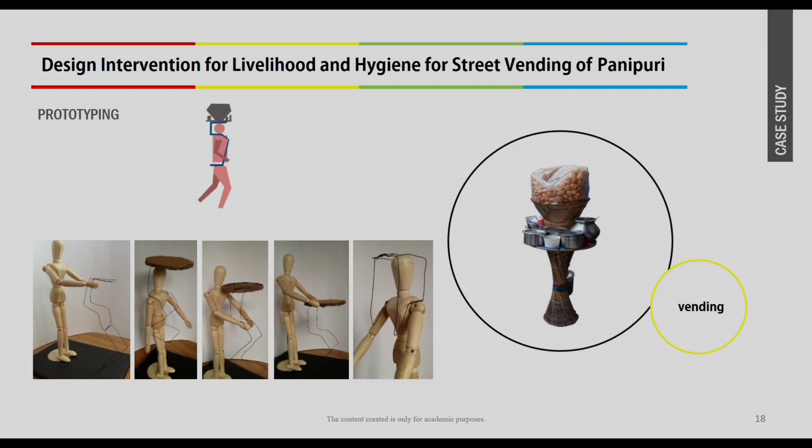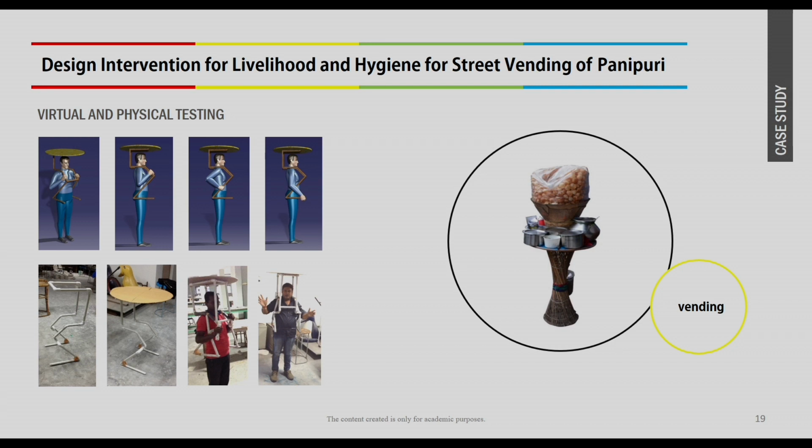Then we moved ahead for prototyping. In the prototyping phase, we made different kinds of wireframe models to check the proportion to the body and how they will carry. We also checked different kinds of forms, and then we selected the final one and made a digital model. We also checked the comfort in digital human modeling software. We also made a prototype and tested it with the user,